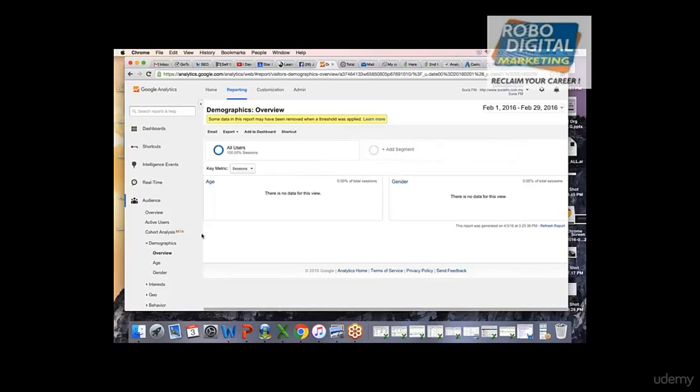Otherwise you will be able to see how different age groups are performing. Can we try to link it now, or I'm not able to link it with my account access? Because you don't have admin rights with it.